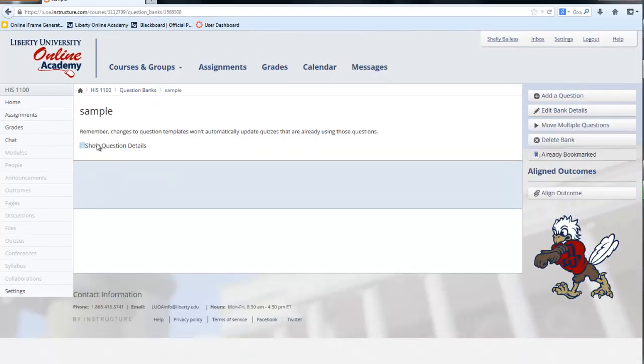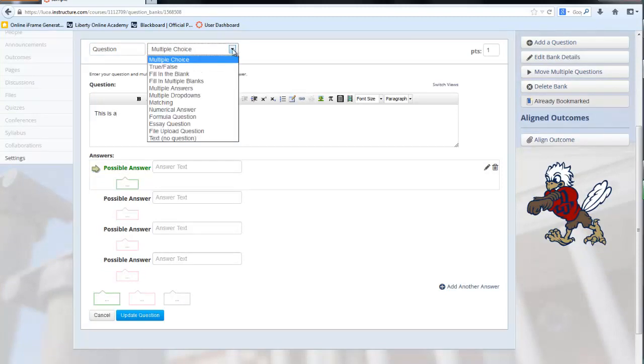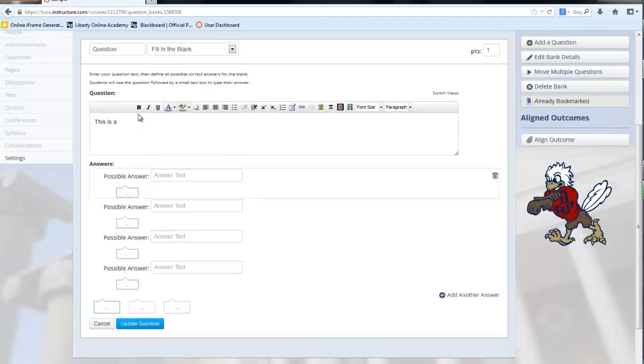Click Sample, and then click Add a Question. And then I'm going to make this a fill in the blank. This is a blank. And this is a test, is a possible answer. And I have done these with changing the spelling,